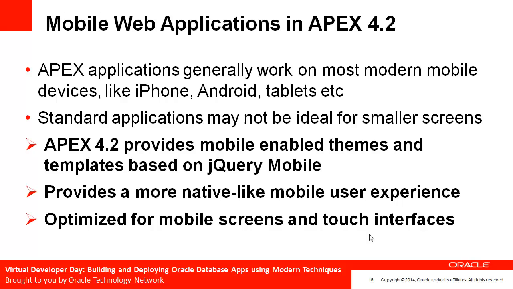So what we've done with Application Express 4.2 is we've provided you the ability to build mobile specific applications so that you can utilize the native events on your mobile device, such as touch and swipe and orientation change. And it's a much greater user experience because of the fact that your applications are designed for mobile rather than